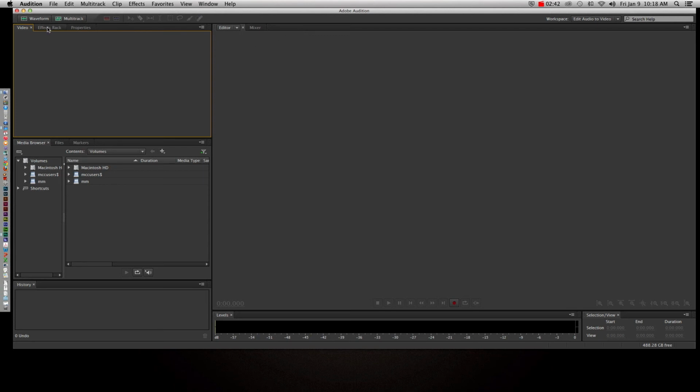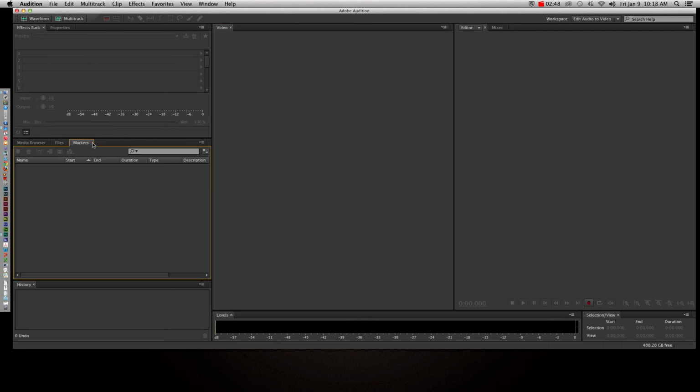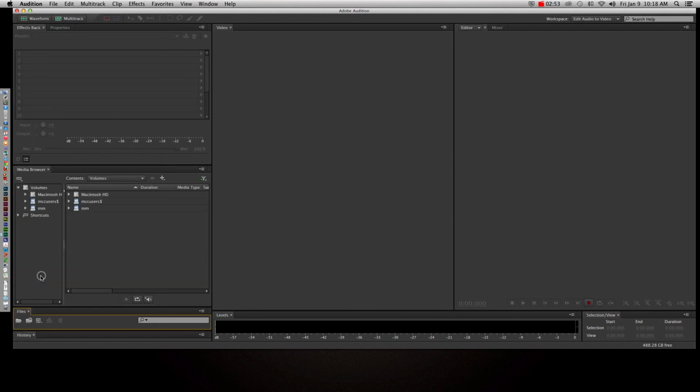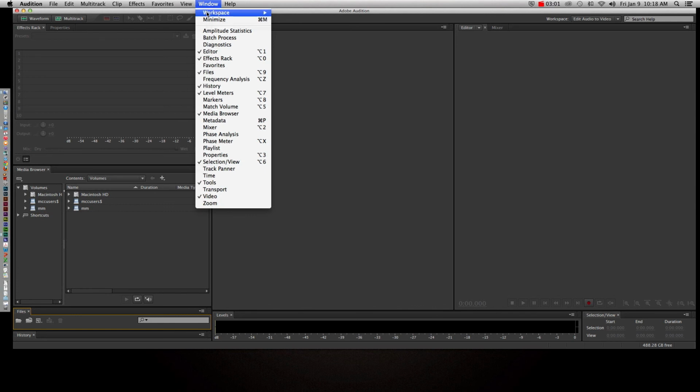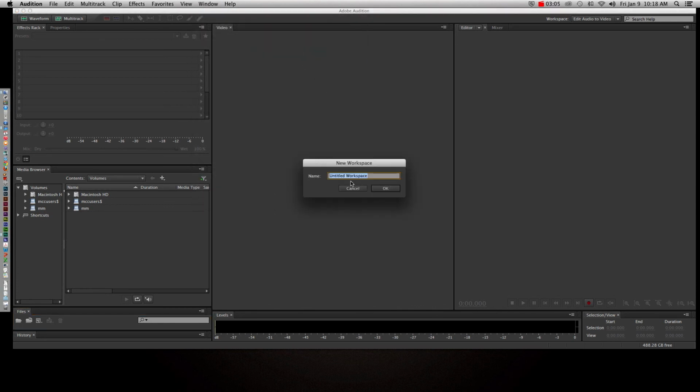Let's say I want to put this video panel right here, and I don't want markers and I want the files and media browser to be separate. If you create a special workspace, this is a custom workspace the way you like it, you can go to Window, Workspace, and choose New Workspace. Give it whatever title makes sense to you, so I can say Simple Video Editing,